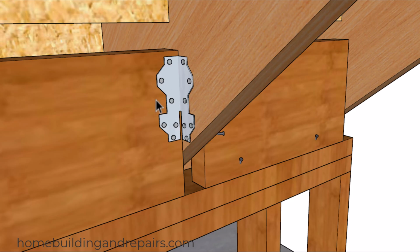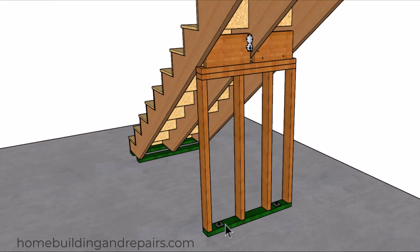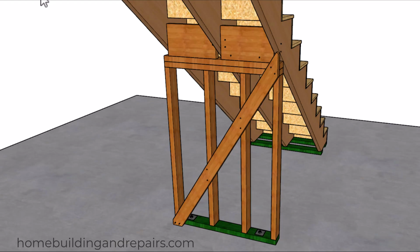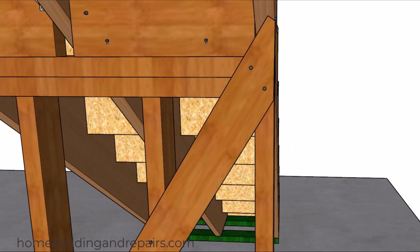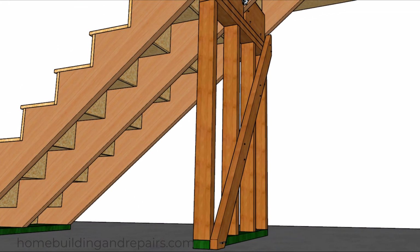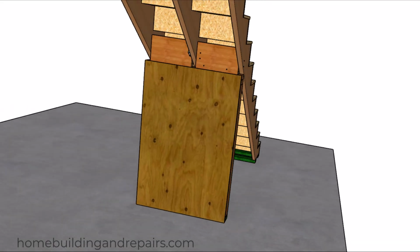Another thing you can use is building hardware. Make sure that the wall is firmly attached to a footing or the floor. And then we are going to install a brace. The brace will be nailed with 16D nails. We can use a 2x4 or 2x6 for our brace. And if one brace is not going to be good enough, then install another one on the other side going in the opposite direction. And if you don't like that idea, you can always install some plywood like we do